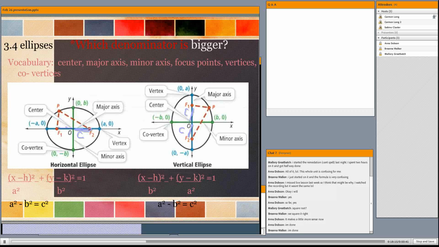And that's important because sometimes they give you the focus point and the vertice, and you got to find all the other pieces and parts. And sometimes they give you the major axis and the minor axis, and you got to find all the pieces and parts. And so if you can remember this Pythagorean relationship for ellipses, then once you know the denominators of both the